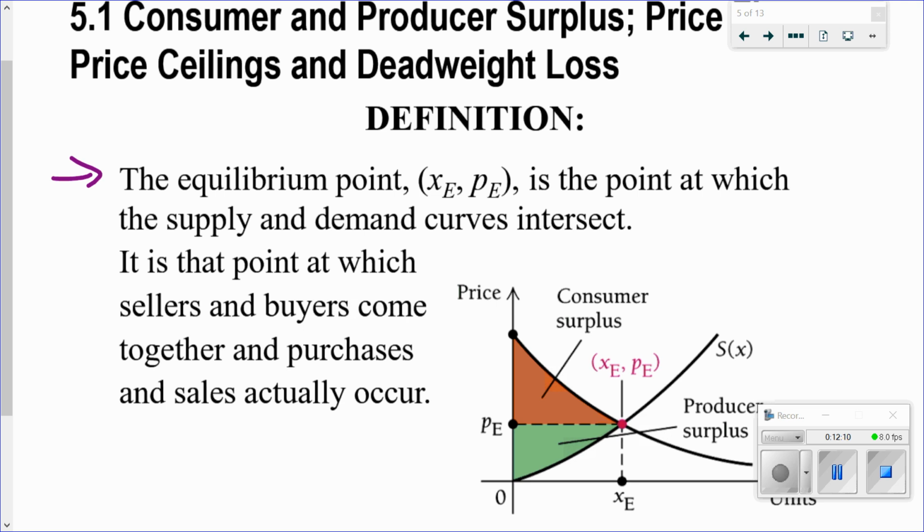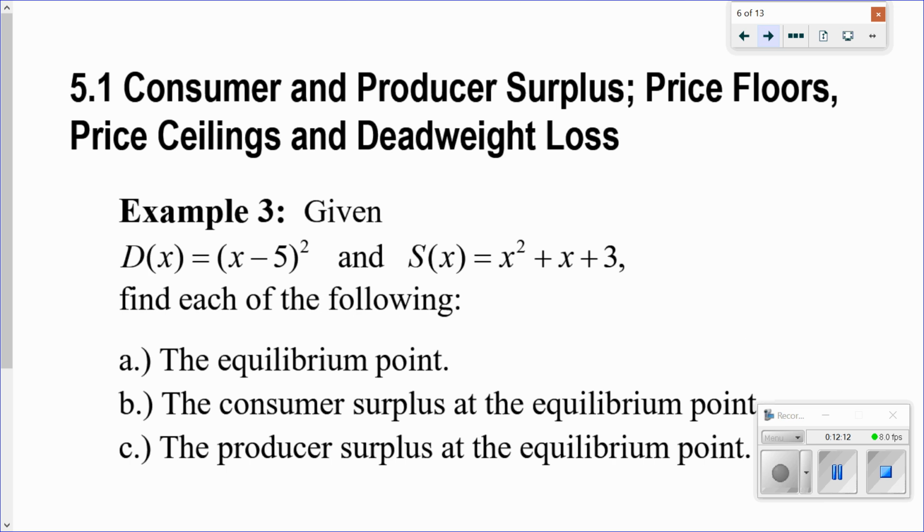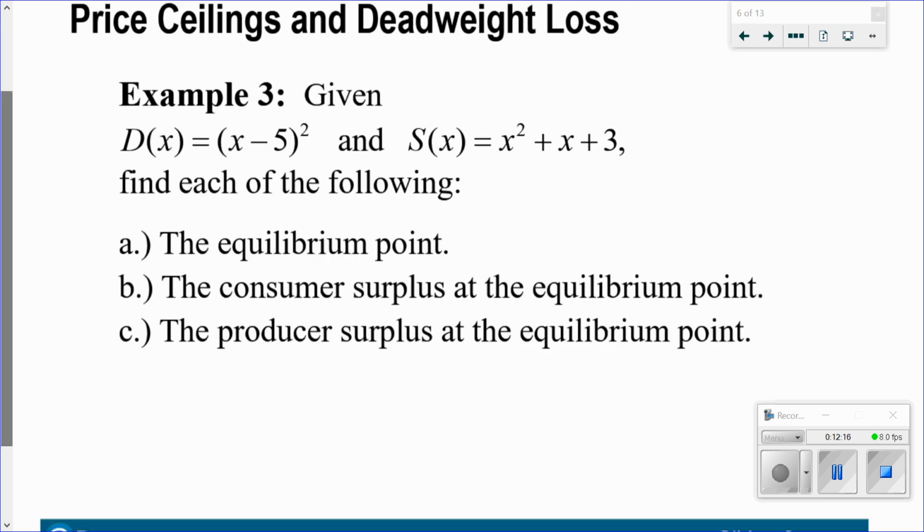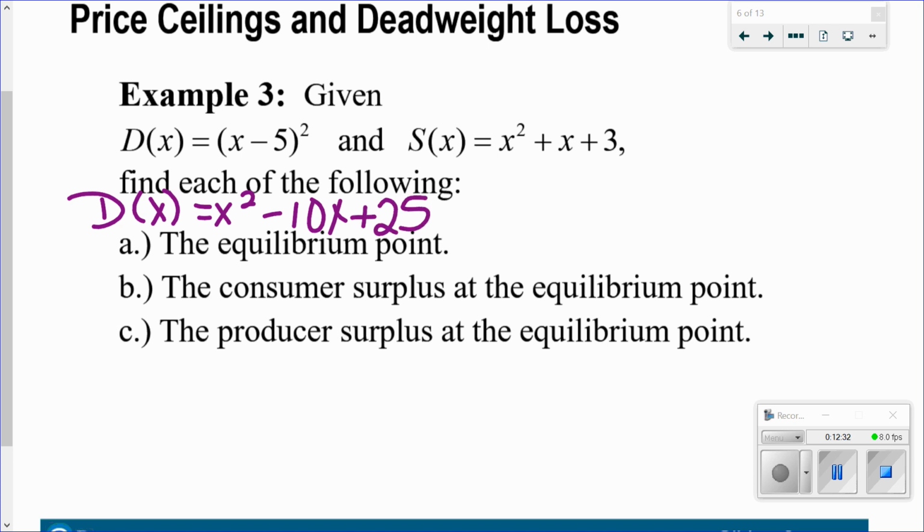So, in order to find the equilibrium point, we are going to set the two functions equal to each other. Let me write out our d of x again. Multiply it out, so it's x squared minus 10x plus 25. Okay, so to find the equilibrium point,